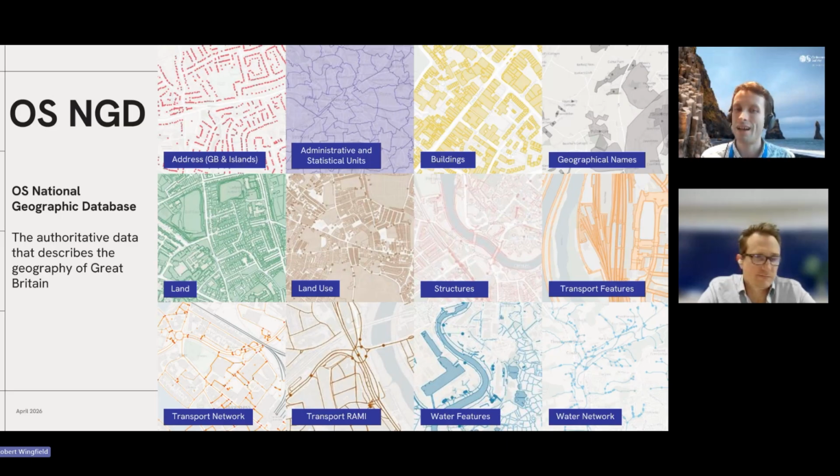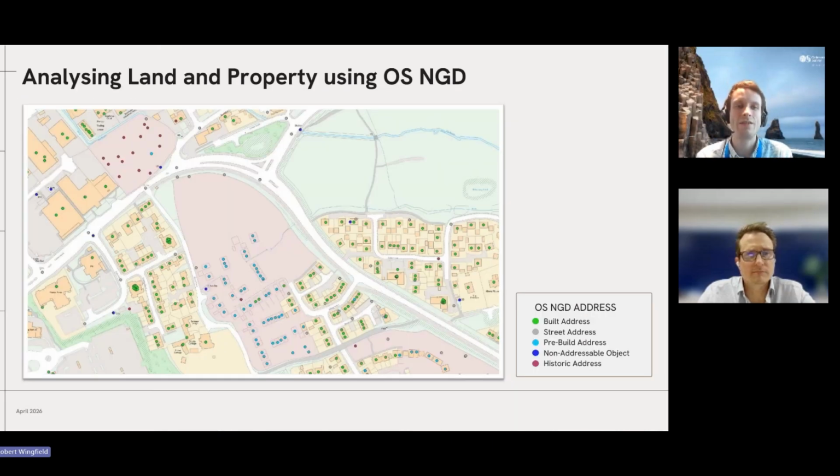So just to really bring that analytical use case to life, I thought, whilst that's a brilliant overview, it would be great for the rest of this webinar today to give a bit of a brief teaser as to what's in some of these. And then what we'll do in the future webinars is to really go into a lot more detail about some of these themes, and start to really see how some of the data is created, the wealth of attributes contained within them, and the value that brings to some of your use cases. So to start with, just to give that teaser view, let's talk a little